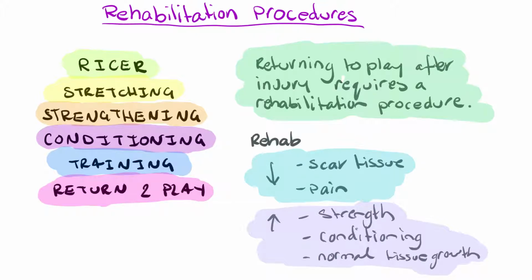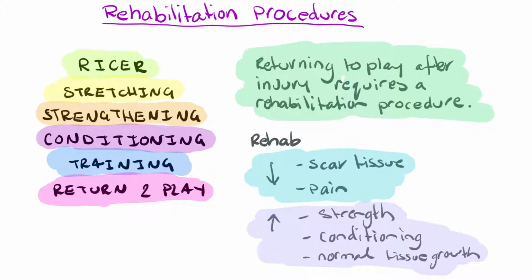So let's start by having a look at why we actually need to use a rehabilitation process. Now, when an athlete has an injury, we need to work through that injury and try to ensure that the athlete is ready to return to play without being injured. Having a look at the syllabus so far, we've looked at types of injuries. We previously had a look at the inflammation process, and we know that in the remodelling stage of the inflammation process, if an athlete returns to the activity too early or doesn't do their rehabilitation effectively, this builds up scar tissue, and scar tissue is not as good a quality or as flexible and strong as regular body tissue. And so this rehabilitation process is really important to make sure that you work through